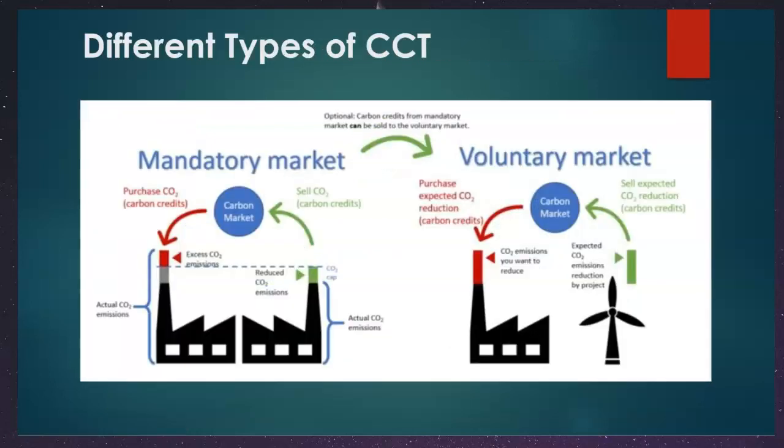So we understood CCT, right? Now there are two kinds of CCT. One is the mandatory market, one is the voluntary market. Mandatory market works something like this, and a voluntary market works something like this. In the voluntary market, what happens? The country doesn't enforce any industry to go for carbon credit trading or to reduce the carbon emission. They do it voluntarily. In the mandatory market, the government imposes some kind of enforcement on these companies, that you